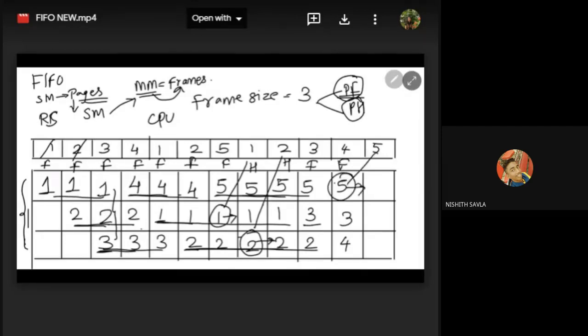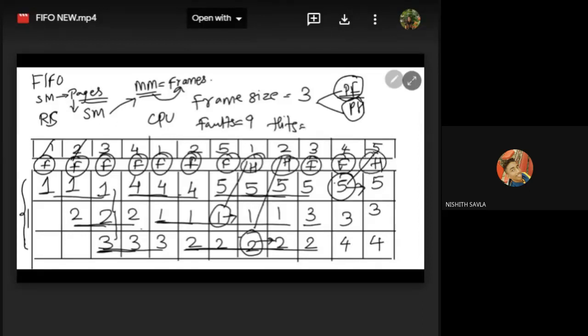Next is 5. 5 is already there in the memory. Do not reload it. Simply copy with all other pages as it is. So again there is a hit. So we have to calculate how many page faults and how many page hits there are. Total faults: 1, 2, 3, 4, 5, 6, 7, 8 and 9. And how many hits do we have? We have 1, 2 and 3 hits. So this is how your FIFO algorithm works. The one which comes inside will be the one to go outside first.